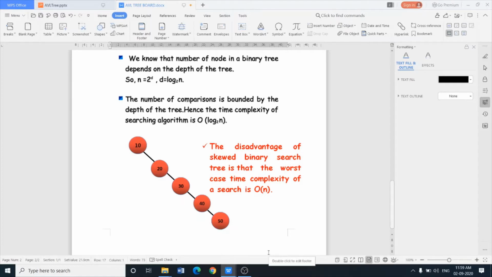So what do we have to do? We have to balance the tree, make it a symmetric tree. So there is a need to maintain the binary search tree with balanced height so that it is possible to obtain, for the search operation, a time complexity of order of log base 2 of n in the worst case. For this, one of the most popular balanced trees was introduced by Adelson-Velsky and Landis, that is the AVL tree. Now we will learn how to balance a tree and make it an AVL tree.